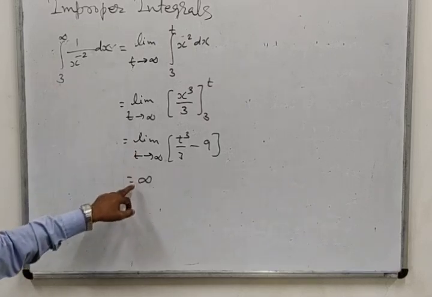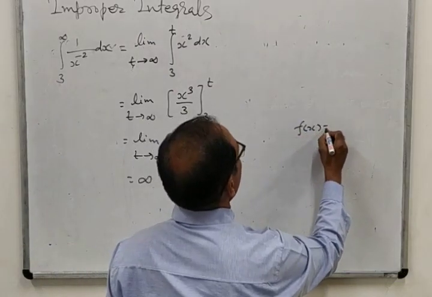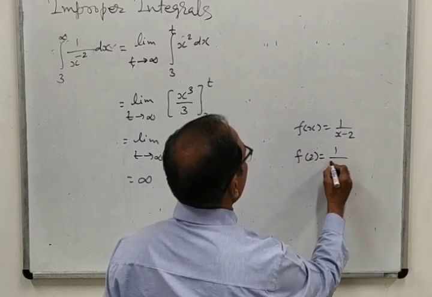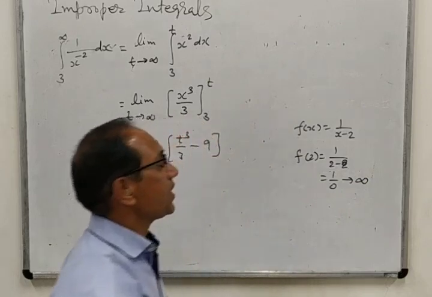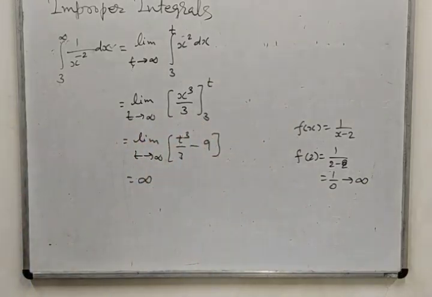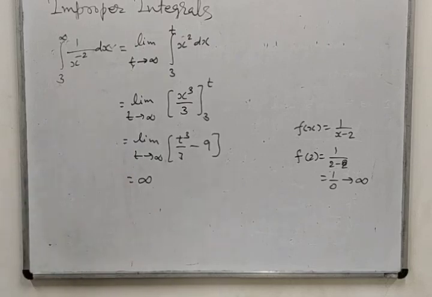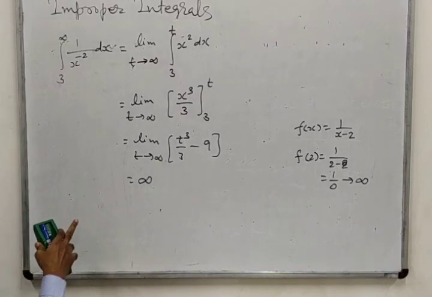Here it is in the limiting sense, so we have written it as equal. Otherwise, if we write f of x equal to 1 upon x minus 2, and then want to find it at 2, then 2 minus 2 is 0. So we cannot write this equal to infinity. We can write this as tending to infinity, because infinity is never equal to something. Since it is a limit, we are writing equal here. So you must have understood this fact. Now let us see one more example. Have you understood this example?